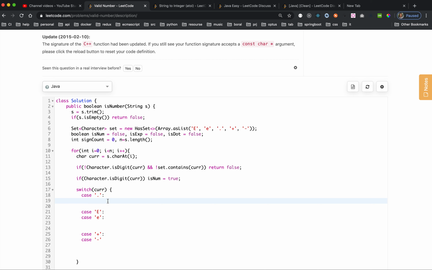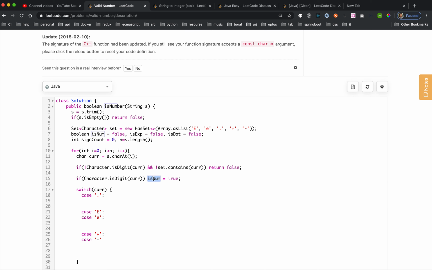If the index is already the last number, you cannot have a decimal; the dot needs to be in between two digit numbers, otherwise it is also false. And if this one is a dot, but inside the loop the previous character was not a digit,